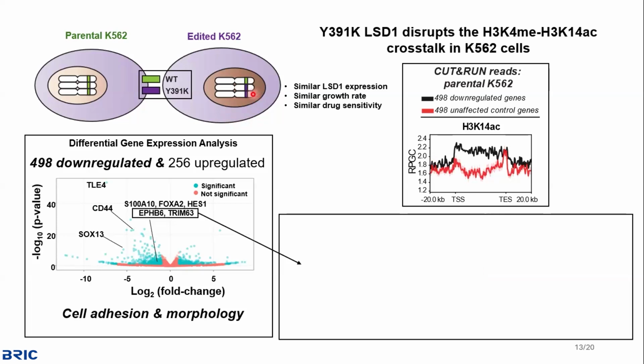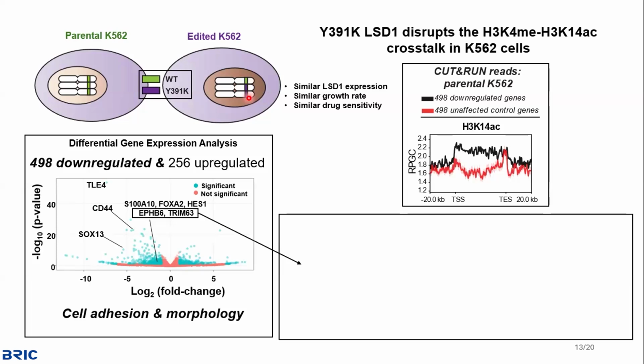So we did CRISPR knock-in. We could not get homozygously edited cells, first of all. This K562 leukemia cell, a chronic myelogenous leukemia cell, is triploid, so it has 3 chromosomes. I tried really hard, but I could only get 2 out of 3 chromosomes mutated into the Y2K tyrosine to lysine mutation. But because this mutation is not causing loss of function, but gain of function selectively toward acetylated substrate, we thought this heterozygous editing was sufficient to do comparative analysis between the unedited versus